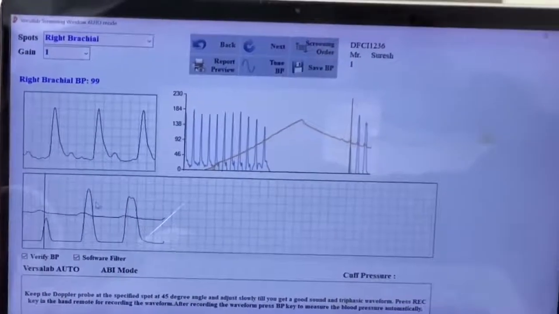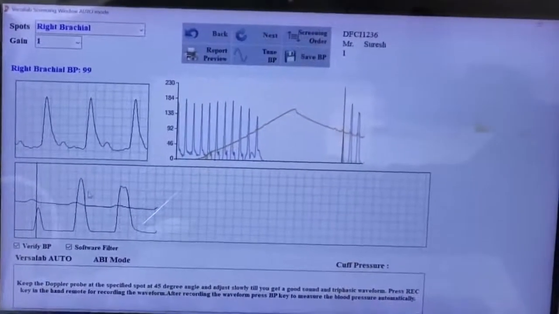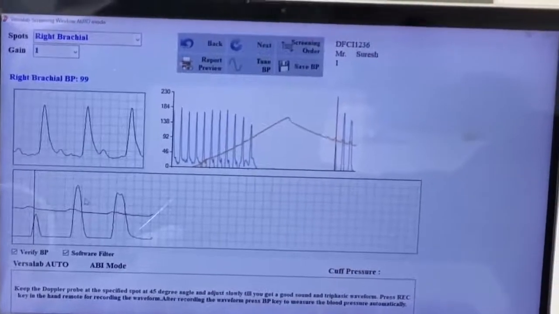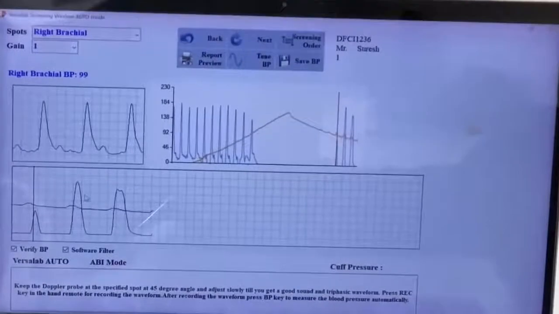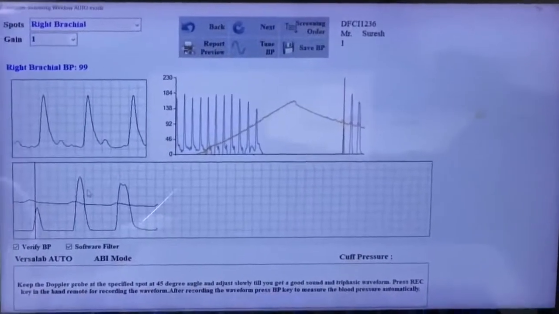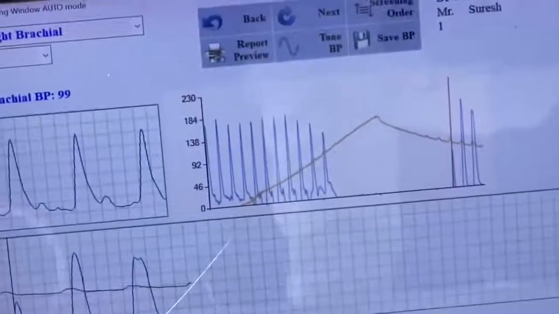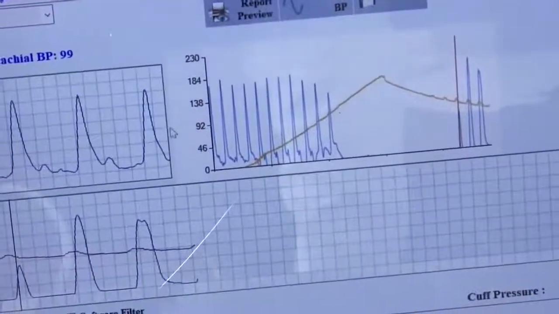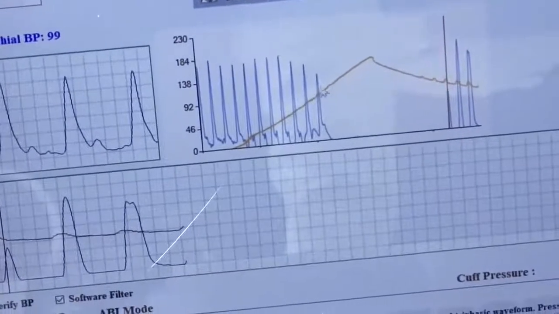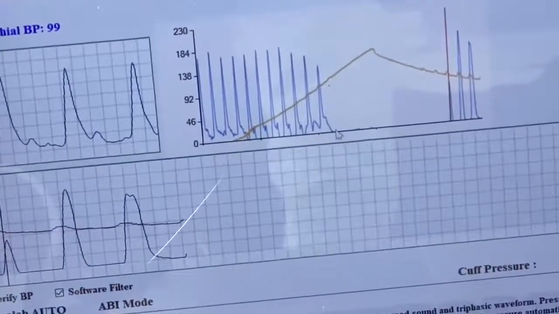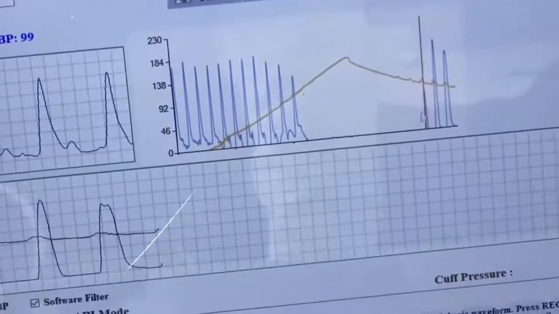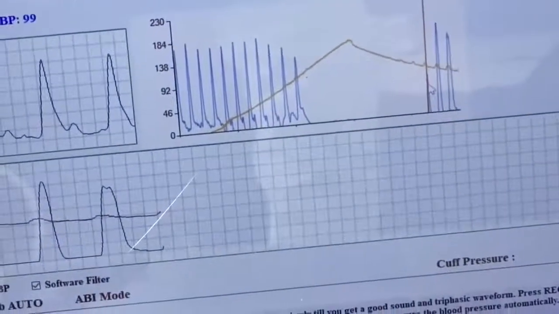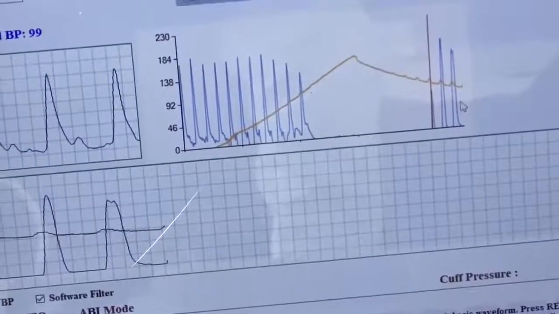You can see the quality control waveform on the top right side, you can see both the waveforms and then the BP waveform. You can see the Doppler waveform is coming, and when you are above systole, the sound is zero, the waveform is flat, and when the first waveform comes, it will also check for the next two consecutive waveforms.